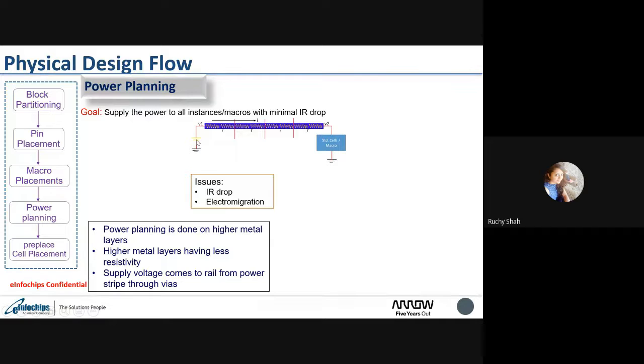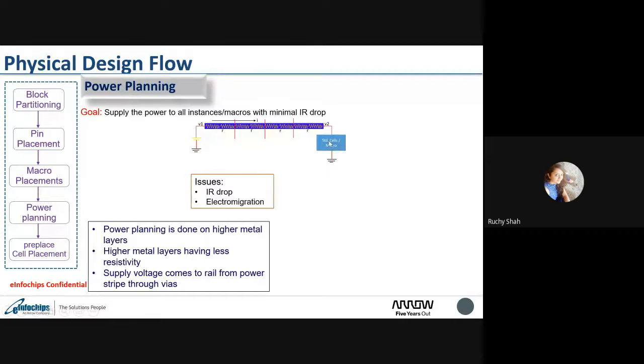So whatever voltage you supply at one end of any metal net, there will definitely be some drop as some current flows through that metal, and V2 here will definitely be somewhat lesser than V1. Again, the question comes: how much lesser a drop can we tolerate?